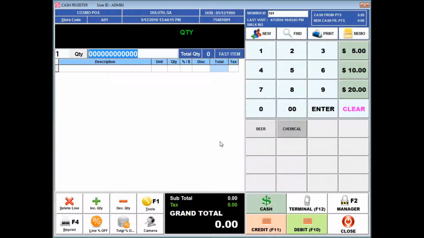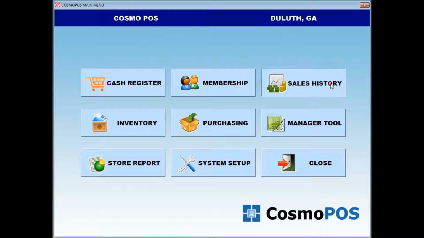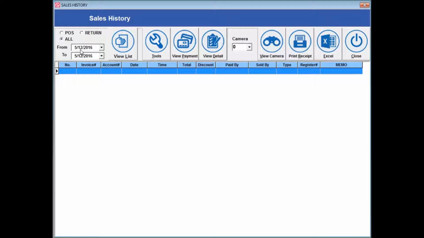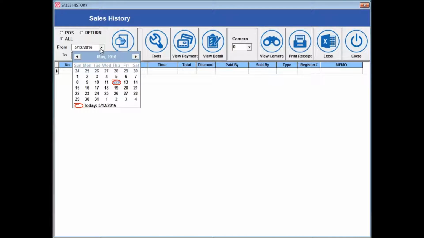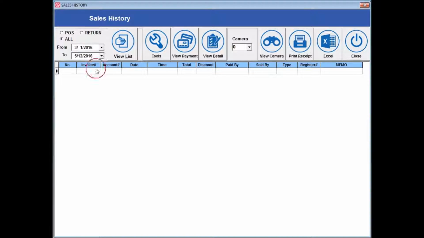Today we're going to talk about sales history. But before we do that, let's close out of cash register and go into sales history. And on the top left hand corner, you're going to notice that there are two drop down menus. You can select the time period in which you want to view the sales history. Okay, so let's go ahead and select March 1st